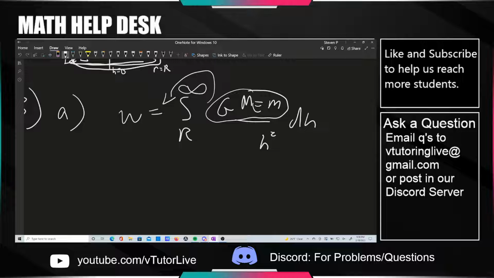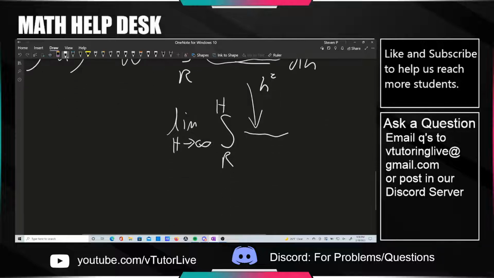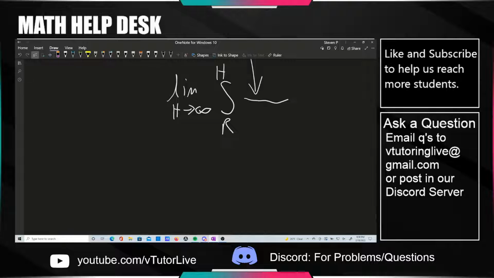And they include the definition of an improper integral. The only thing to say there is that to do it really painstakingly, it's sort of like saying the limit as big H goes to infinity of the integral up to big H of all this stuff down here. You just got to show this carefully in your limit. When you finally have some expression, let's say you've integrated all this,